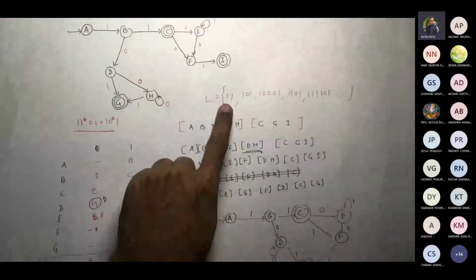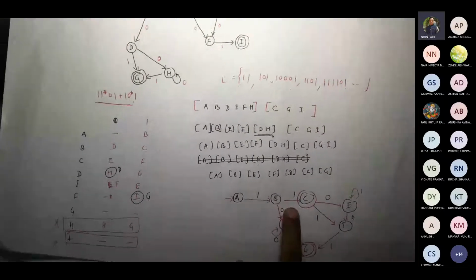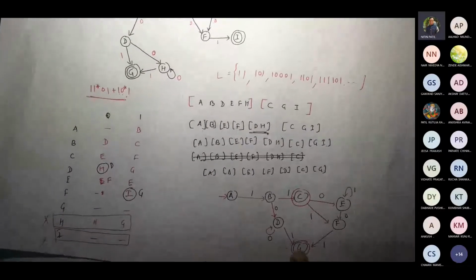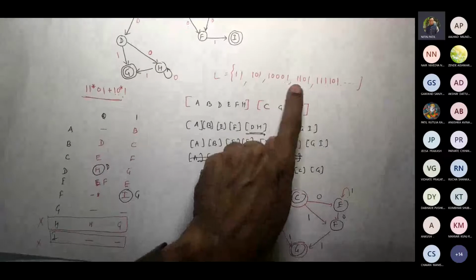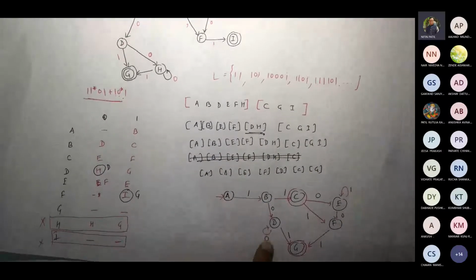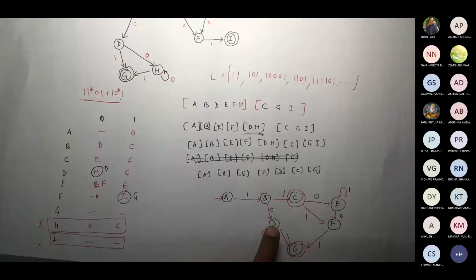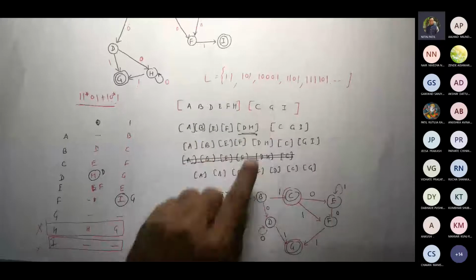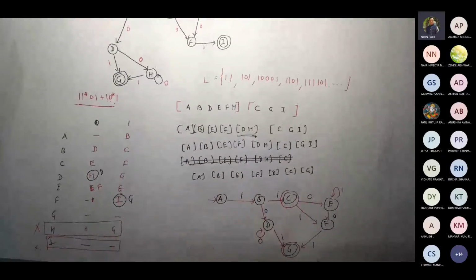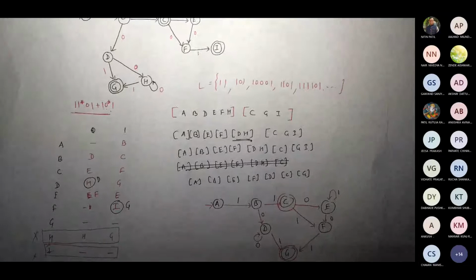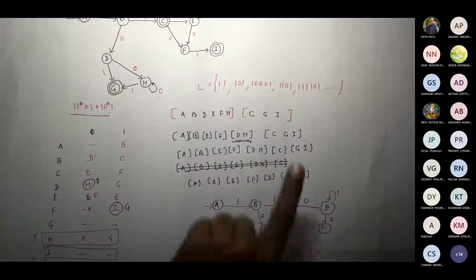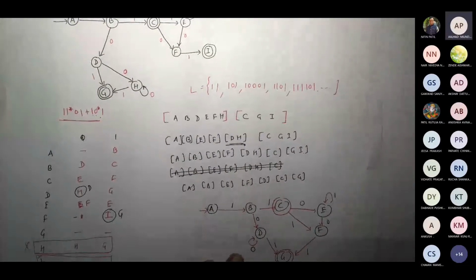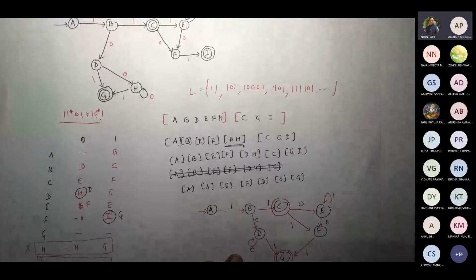Let us see 1 1 first. So 1 1, we are reaching final, done. 1 0 1 1 0 1, taking to final, done. 1 triple 0 1 1 0 0 0 1, done. 1 1 0 1 1 1 0 1. Now where is it going? So 1 1 0 1, how exactly did we get it? From E to E itself, right? But what is the final state?